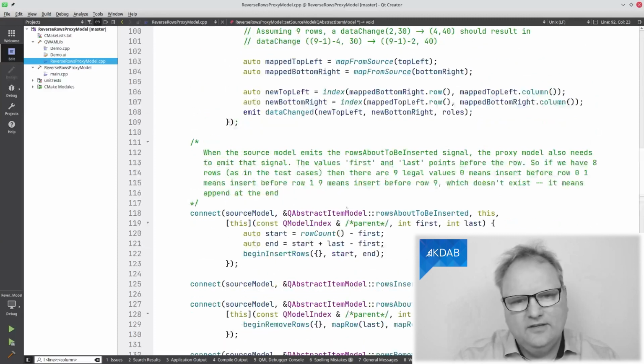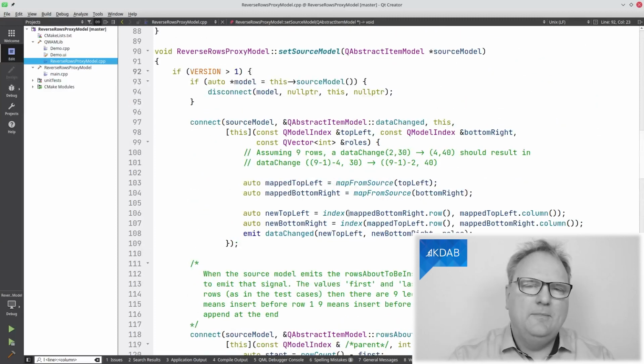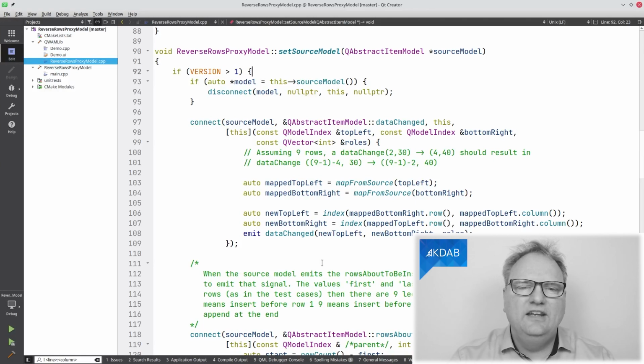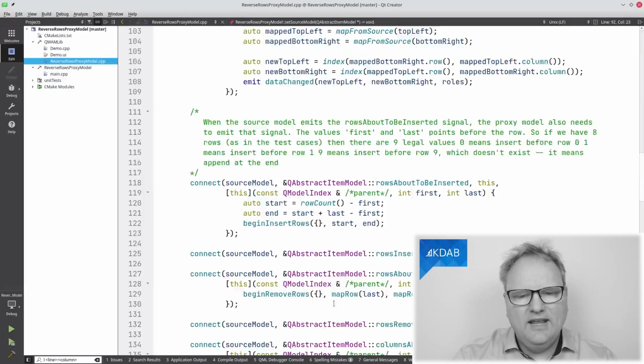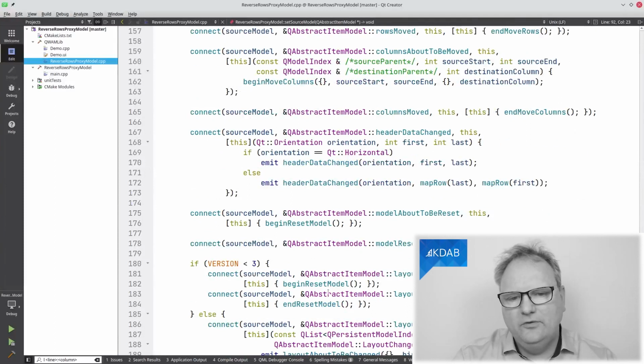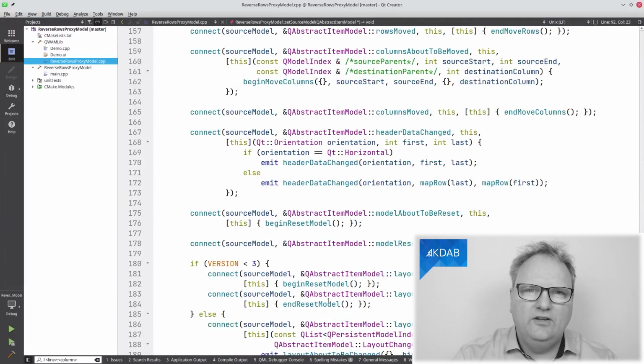And I always stay by that view. So what I want to do now is take those changes that are needed and implement them properly, and the rest of them, as I said, I will implement simply by connecting them to the begin and end reset model.